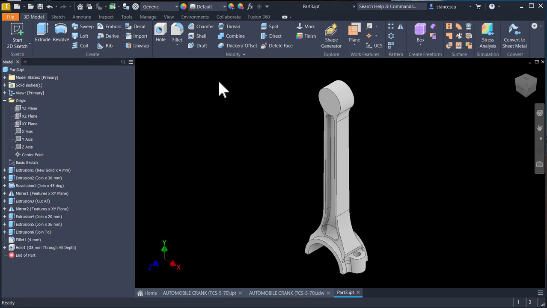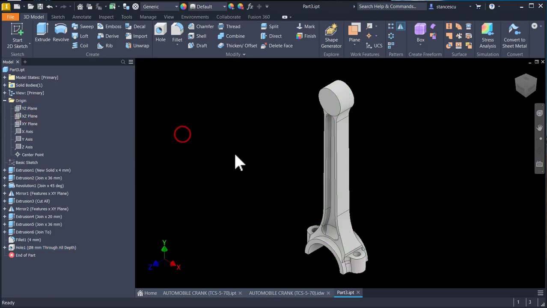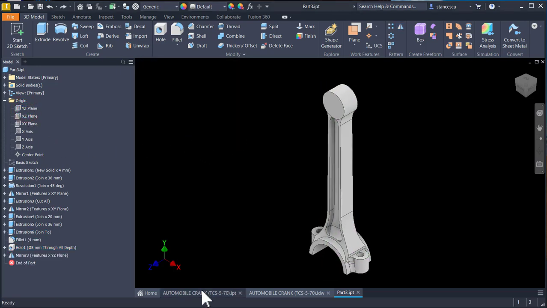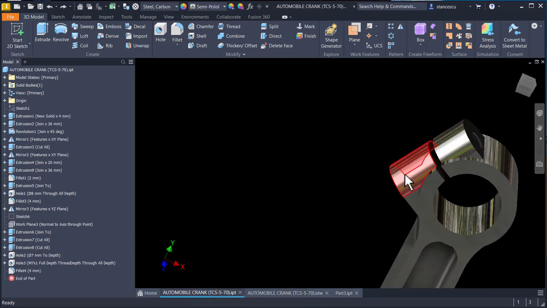Now mirror. What to mirror? The hole, the fillet, the extrusion. What is the plane? The plane is this one. Okay. Now we focus on this feature